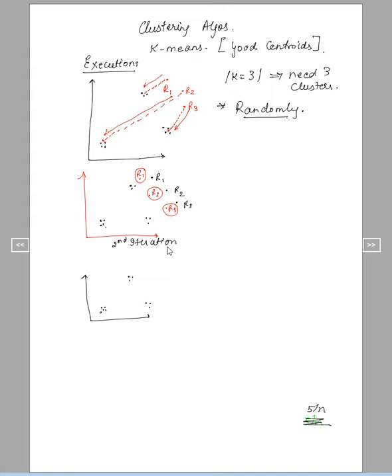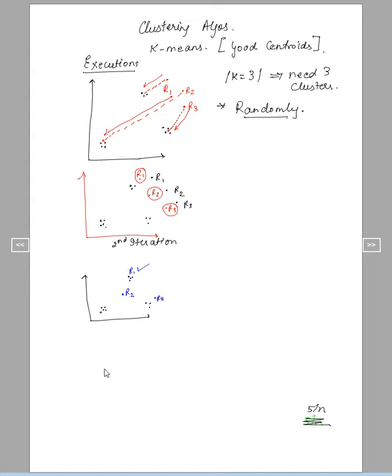so let me change the pen color to blue. Maybe R1 must have reached this point. Now this is R1. R2 may be here, and R3 may be at this particular point. As you can see, R1 is now satisfied. R1 has already reached a point where the centroid is well placed, but we still need to compute for R2 and R3.